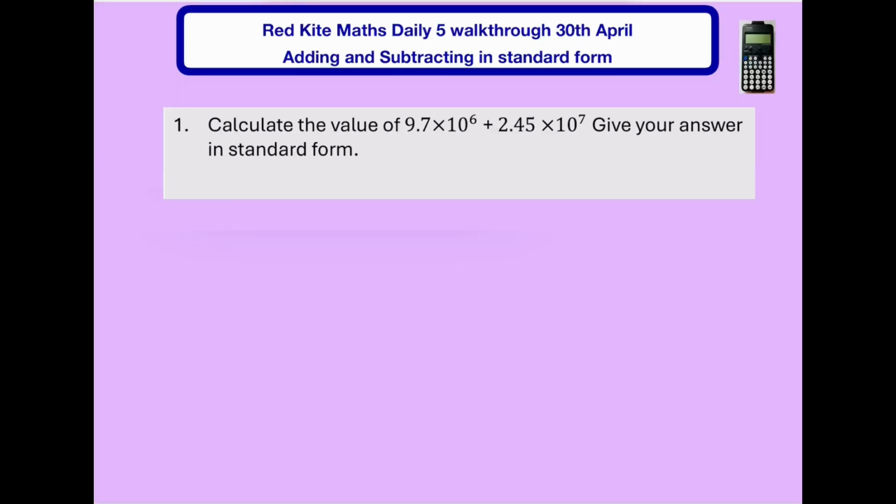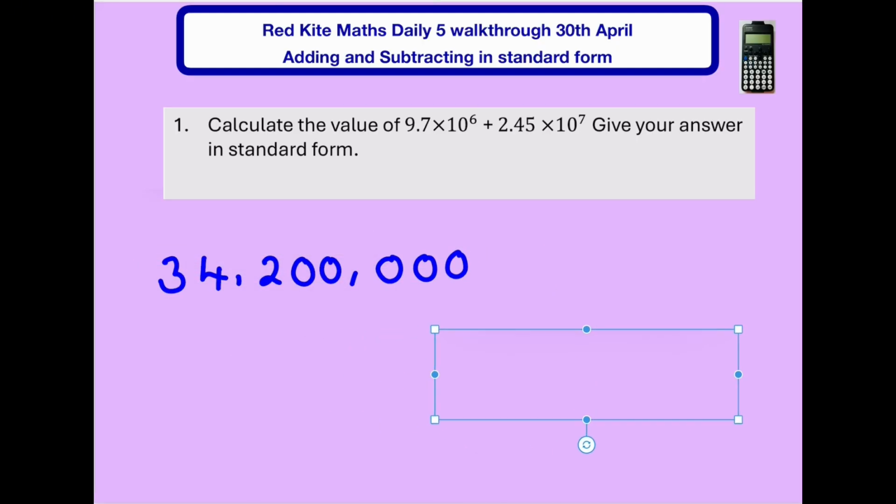Calculate the value of 9.7 × 10^6 + 2.45 × 10^7, and we have to give our answer in standard form. Okay, so our first job is to type all of that into our calculators and then find out what the answer is. If you got the same as me, you will have got